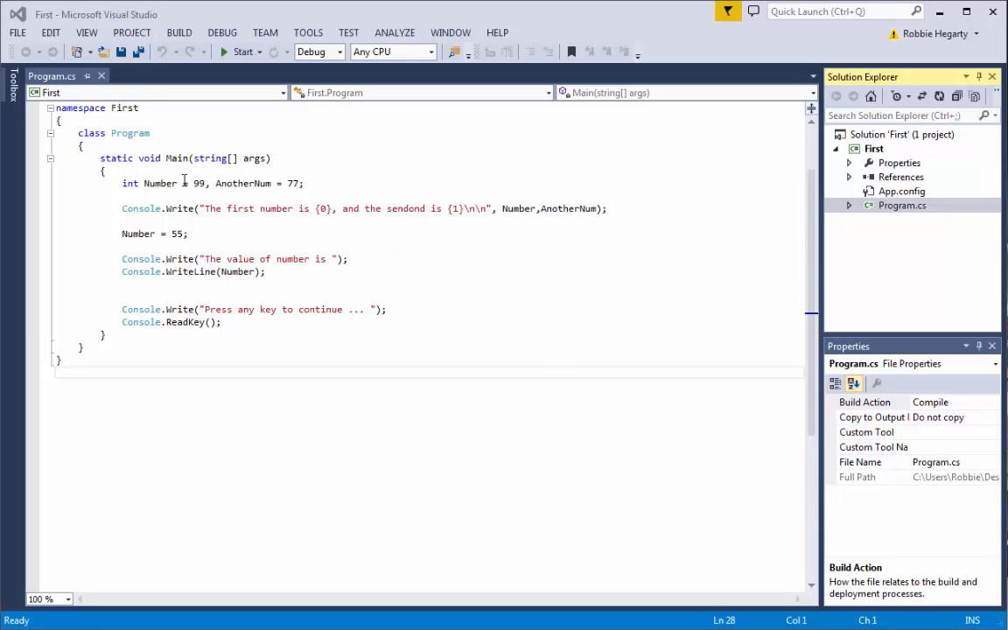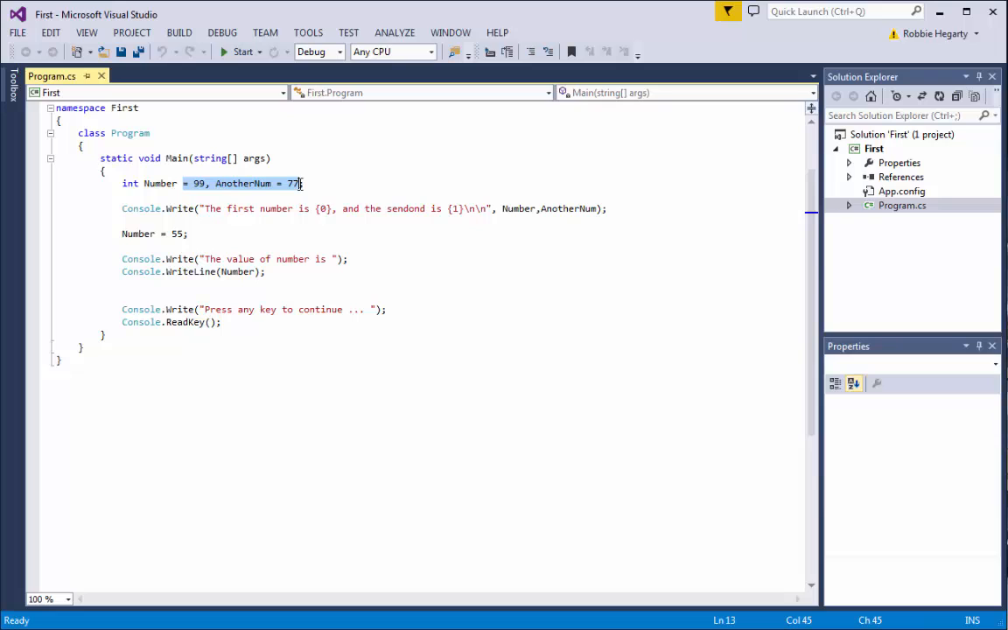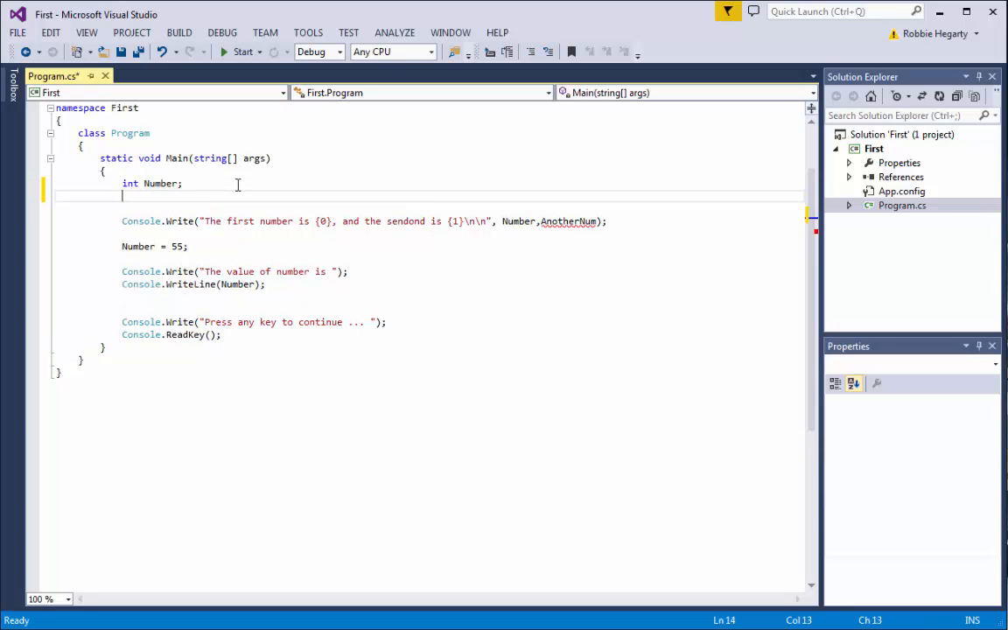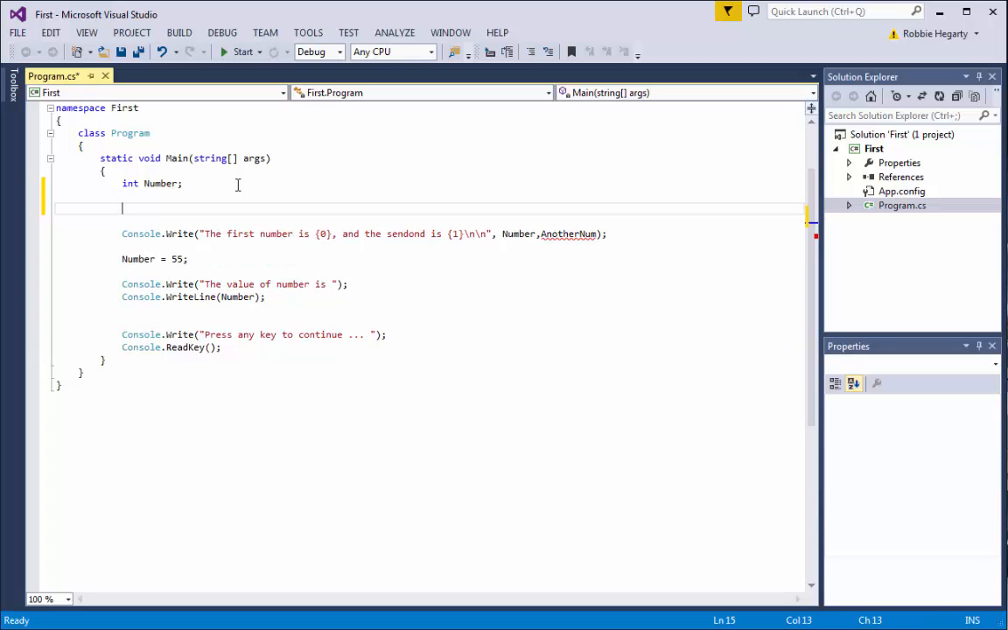The first thing I'll do here, I'm going to get rid of one of the variables and I'll go with just number. I don't have to set it equal to anything. It's a good idea to give it a default value of 0, but in this case I'll not give it anything, just to let you see what happens. And I want the user to enter a number that we're then going to store inside that variable number. So